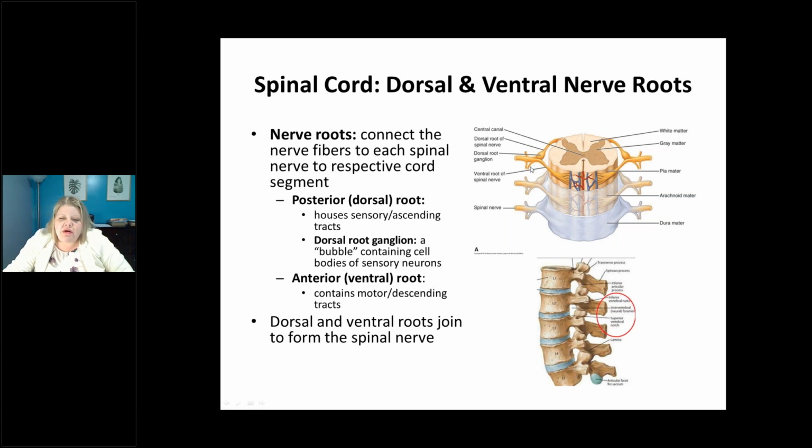The anterior or ventral root is the one in the front and actually has motor tracts or descending tracts. The dorsal and the ventral roots join up to create the spinal nerve, okay, that then finally leaves the spinal cord and the vertebral column through the intervertebral foramen, which we can see a segment of